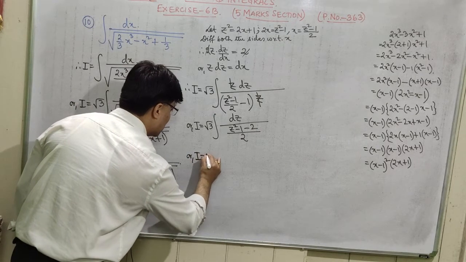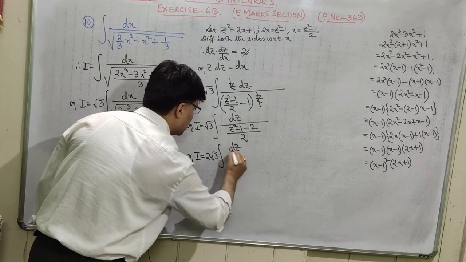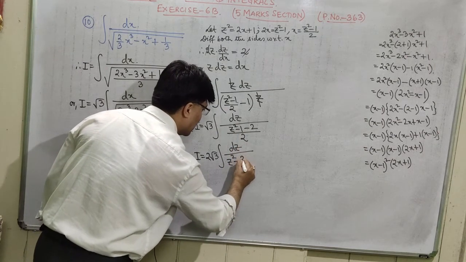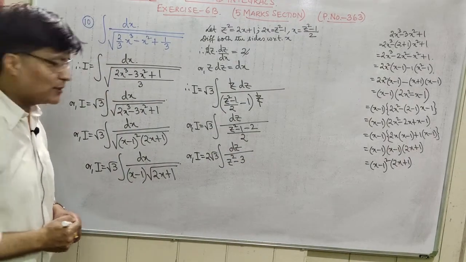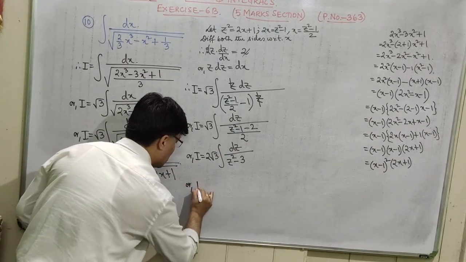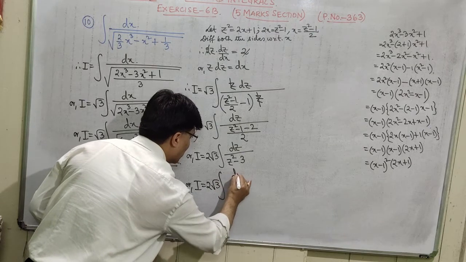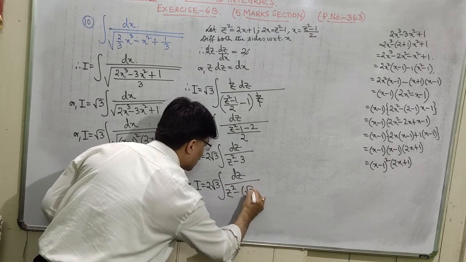So I is equal to 2 root 3 integral of dz divided by z square minus 3. Minus 1 minus 2 is minus 3, isn't it? So here you can convert it into standard form now: I is equal to 2 root 3 integration of dz divided by z square minus,